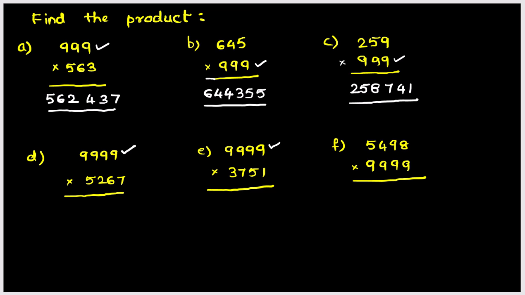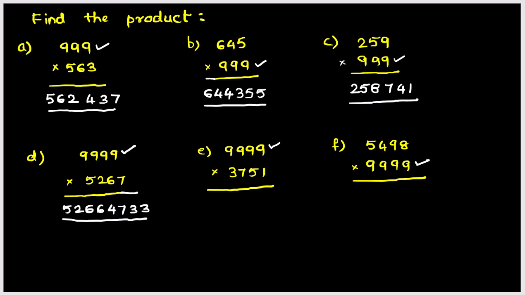9,999 is common. Okay. So according to our method, first what we have to do? Subtract 1 from 5267, that is you get 5266. This 5266, you subtract each digit from 9. 9 minus 6 is 3. 9 minus 6 is 3. 9 minus 2 is 7. 9 minus 5 is 4. Okay, so the quick answer we have got. You can multiply and check.